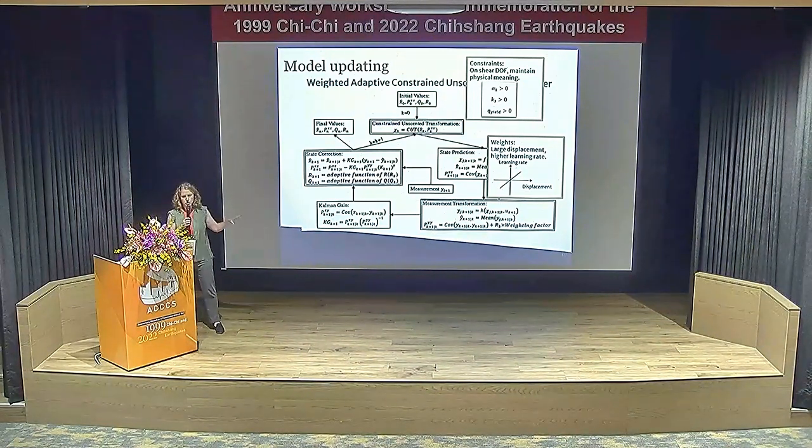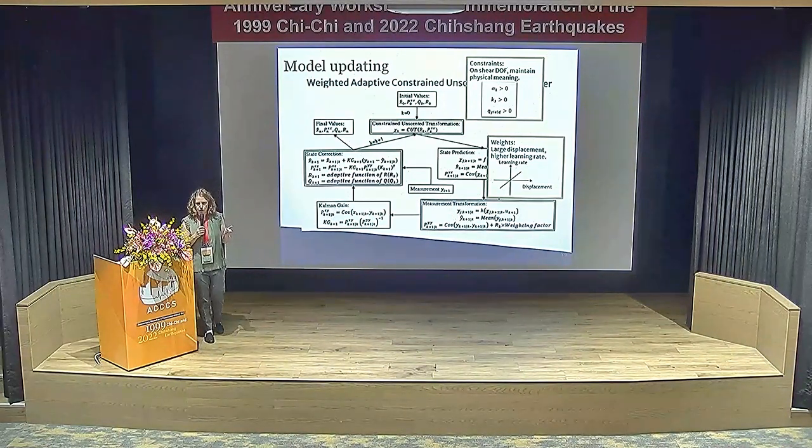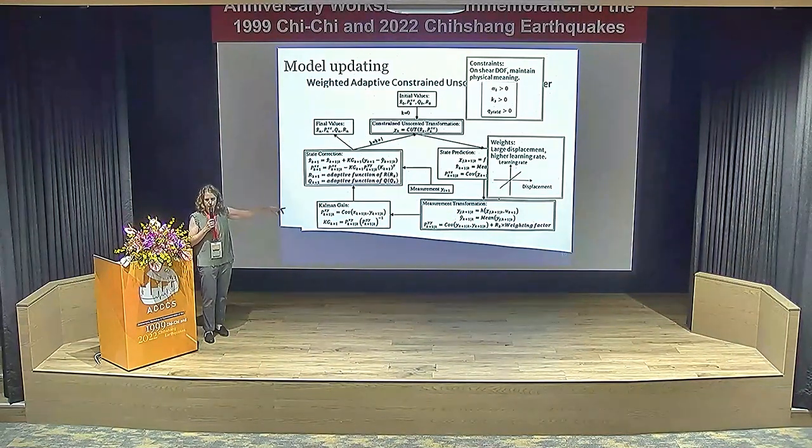And so this measurement weighting we used to actually understand when we needed to be learning. So you can imagine that we understand the performance pretty well under small shears, small rotations. It's pretty well understood. It's those large excursions where we're really learning new information. And so this weighting parameter says, okay, I'm going to really ramp up my learning when I have very large